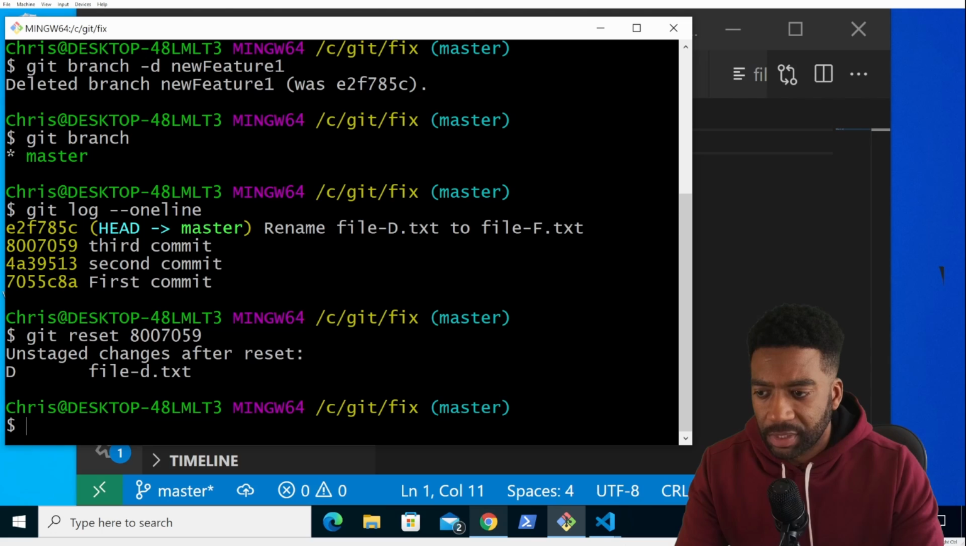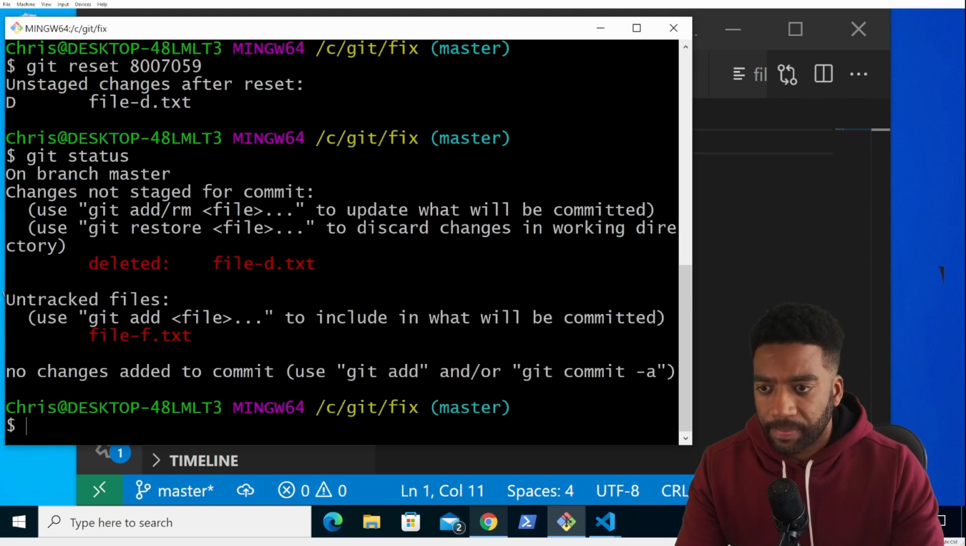And we get a message, unstaged changes after reset. So as I mentioned, this is a soft reset, so it's now on the working directory and in the index. So if I run git status, okay, you'll see